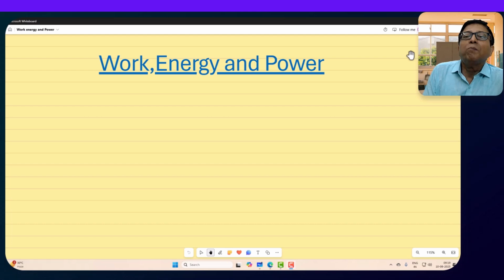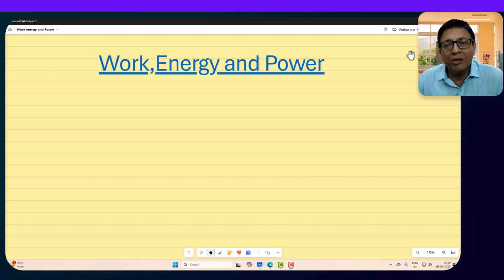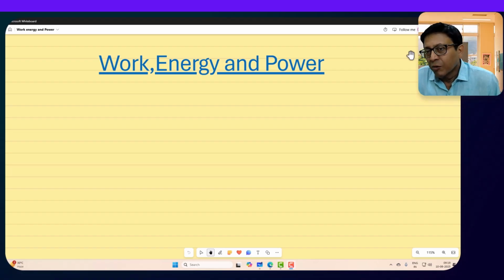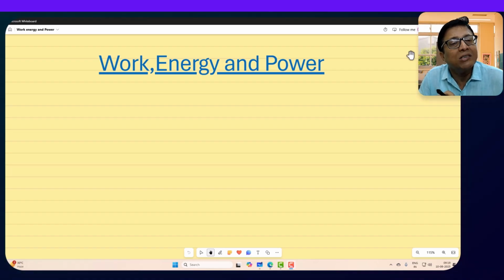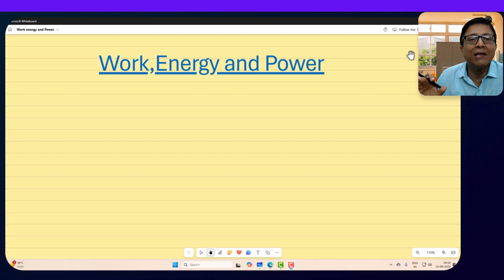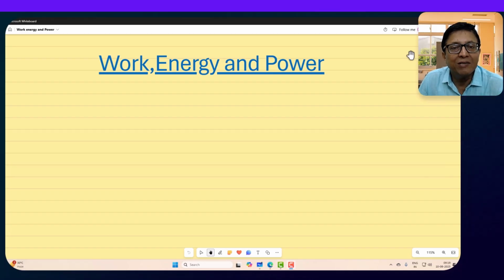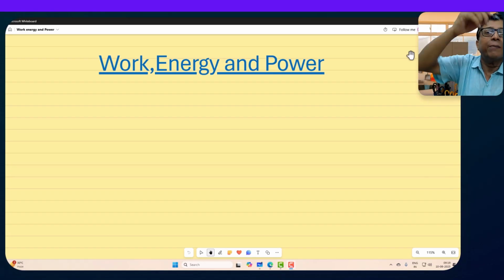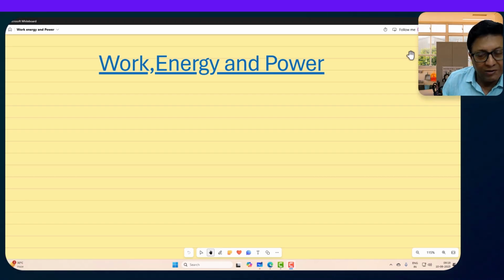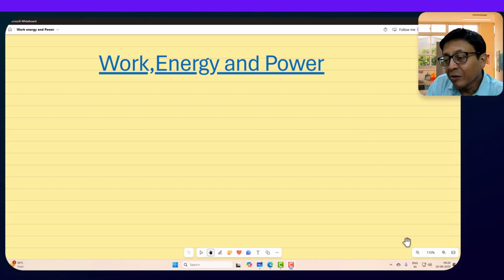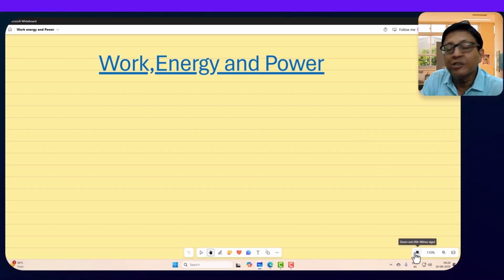Although power is not very important for understanding those chapters, the concept of work and energy, work energy theorem, and conservation of energy is required page by page. So let us start the concept of work first. We are not going to define it, we are going to start from an expression of